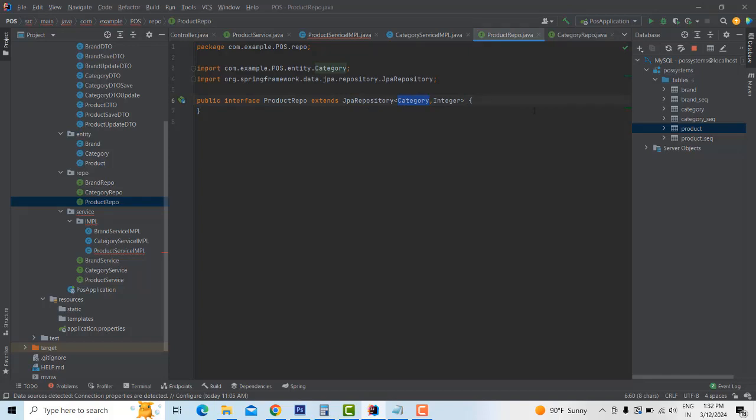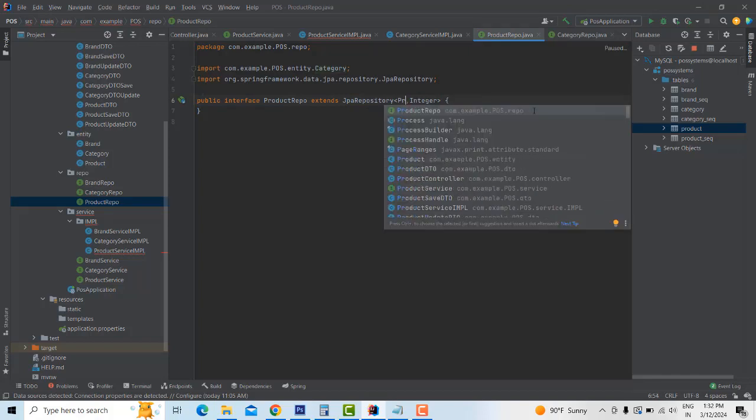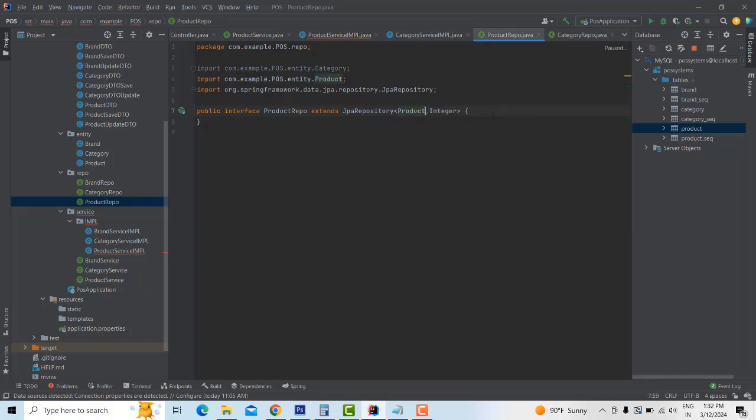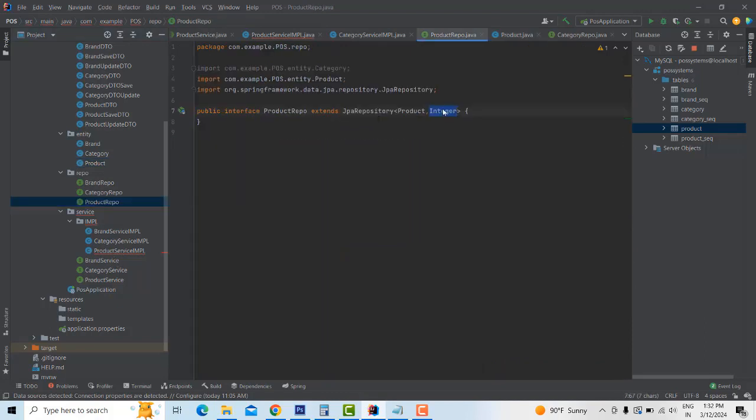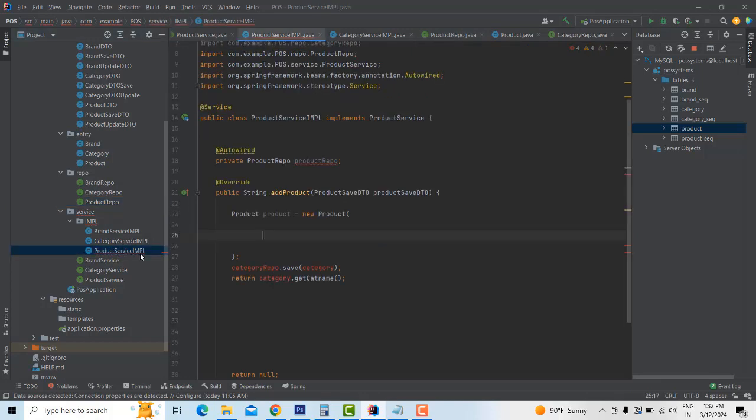Here this one should be the product. The primary key is an integer, so you have to give integer here. If it is long, you have to change it to long, because you have given integer type here. So the repo also needs integer. Here in the IMPL you have to write product, new product. You have to implement the get method to get the result. So you have to write productSaveDTO